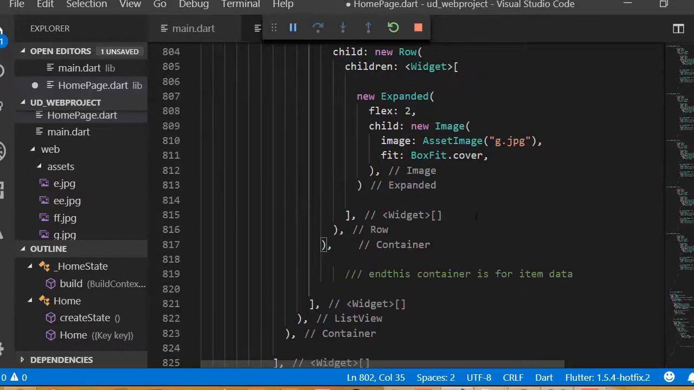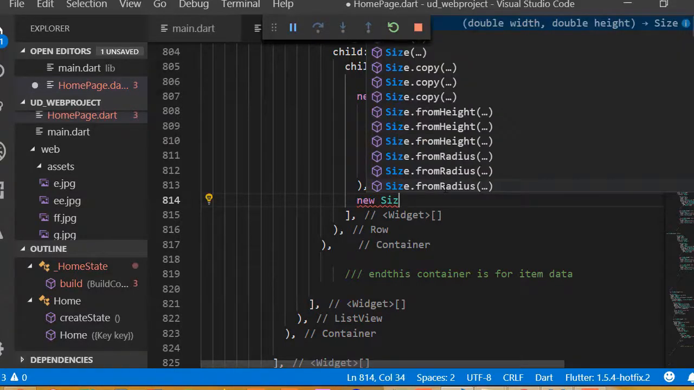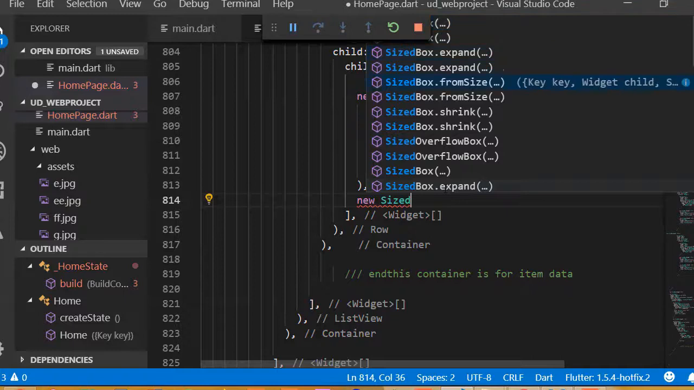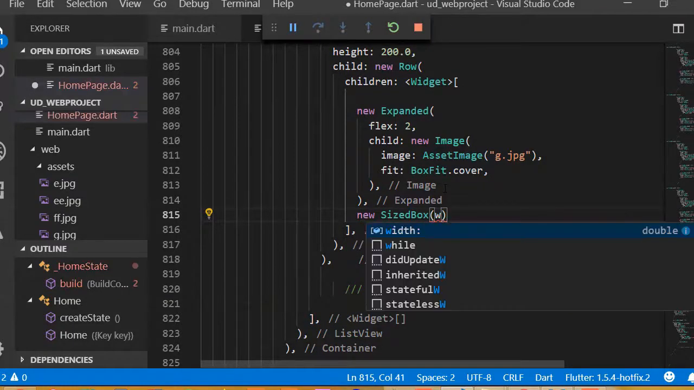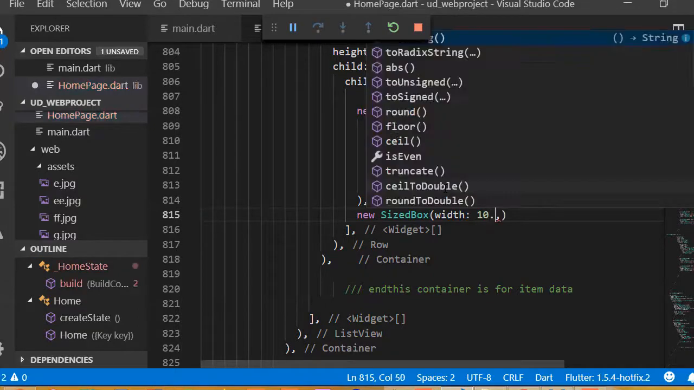Okay, once again. So this one is our first expanded where we added the images, and after that we need to add another expanded, and it's going to be new. And before that it will be good if we can add a size box so that we can get some space. So new size box, the new size box is going to be width 10.0,